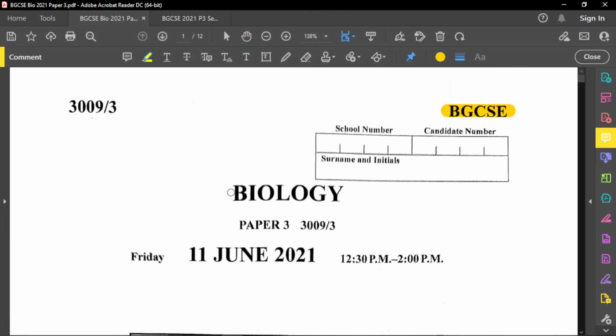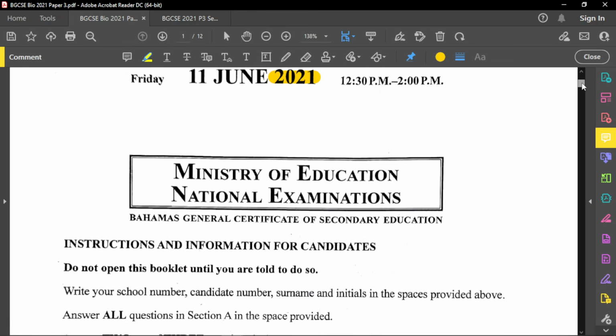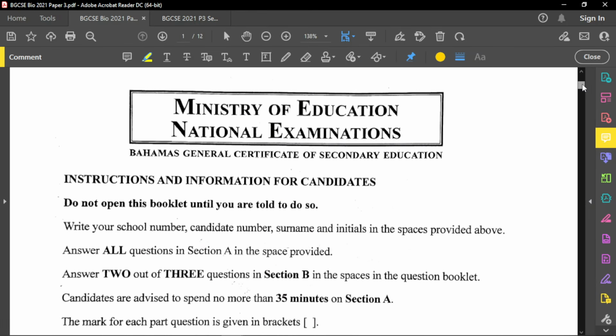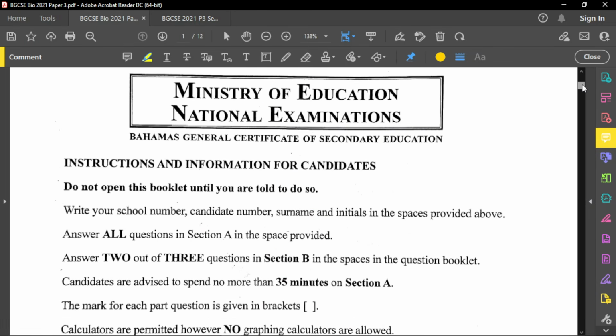Today we're reviewing a biology paper. We're reviewing a paper 3 from the year 2021. Please remember to write your school number, your candidate number, your initial, and also your surname. Now before we start the examination, please read through all the instructions carefully. And if you have any queries or are in any doubt, please clear up all that before you start the exam